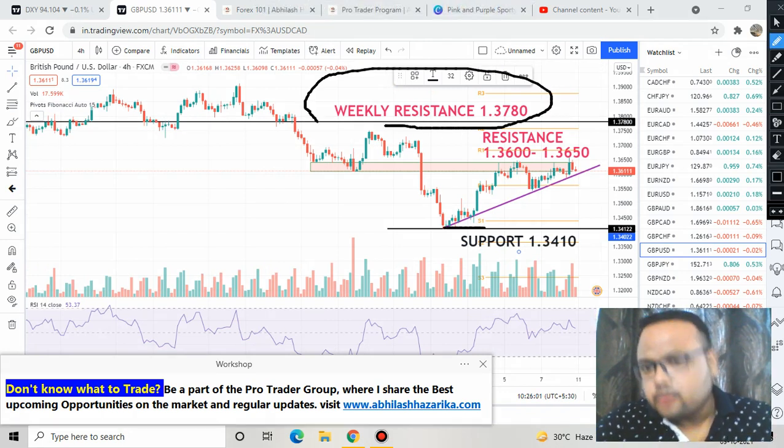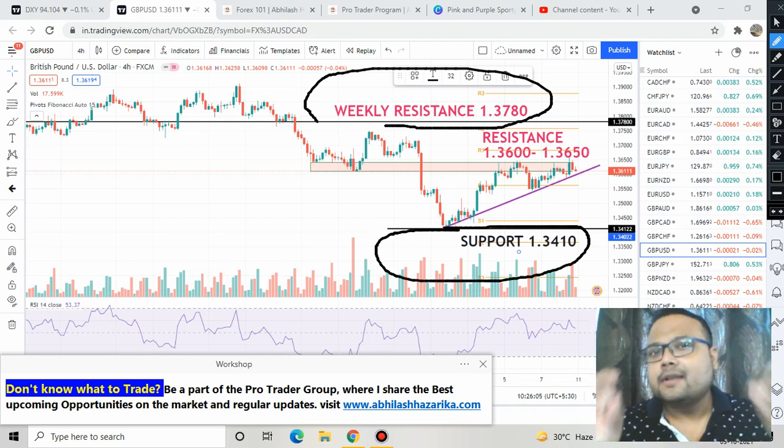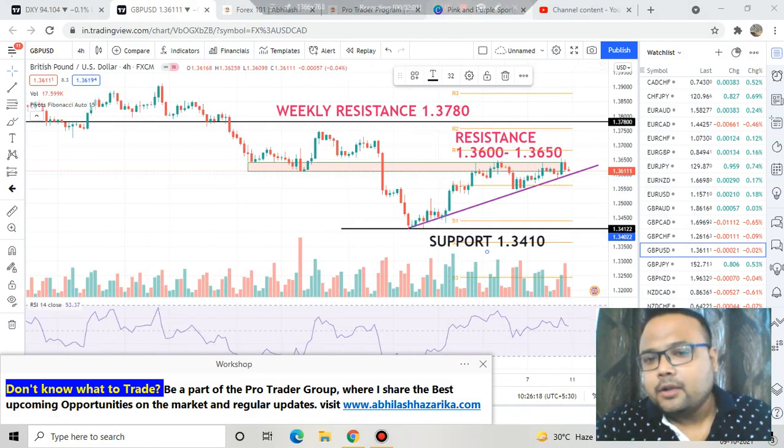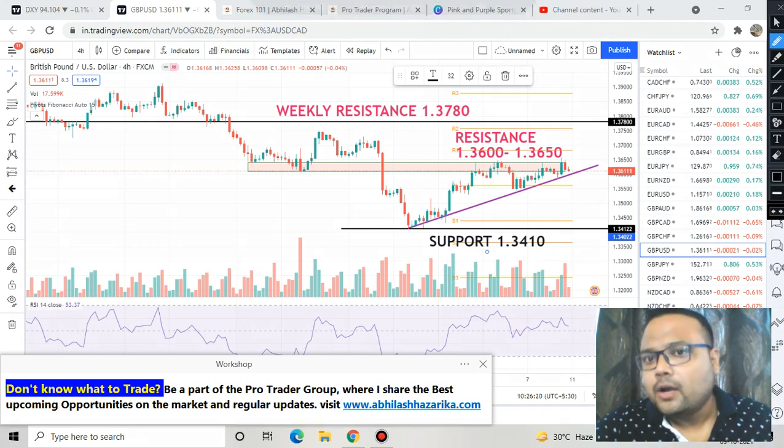and we have got support at 1.3410, because this was the level that provided support to the market when GBP USD witnessed heavy selling. So this is the weak resistance and this is the support for us. But in the middle we have got the level of 1.3600 to 1.3650. This was the level